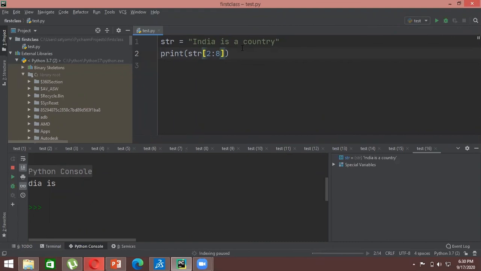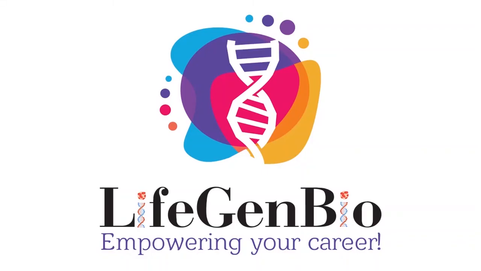Also, what you can do is, let's say I want to access from my second element till the last element. So there are two ways. Either you can count all the indexing, and then you can write the index number that it ends at, or the next best or the easy way to do is